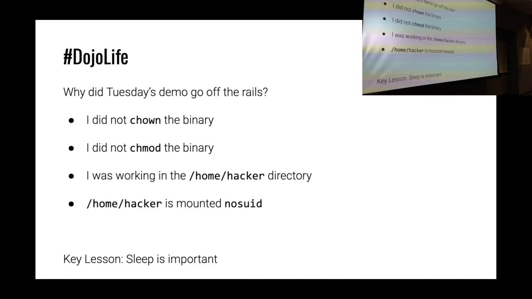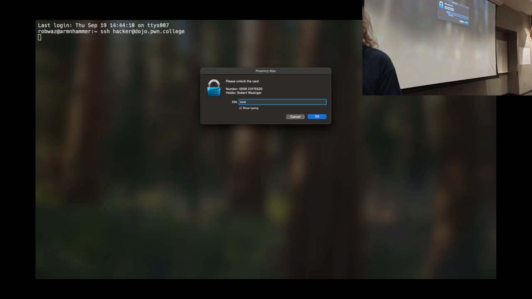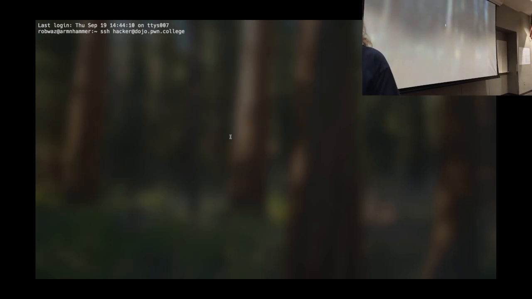The home hacker directory on the Dojo is mounted nosuid. This is something that you can see, and it's something I should know because I tell people constantly. It's a do as I say, not as I do.